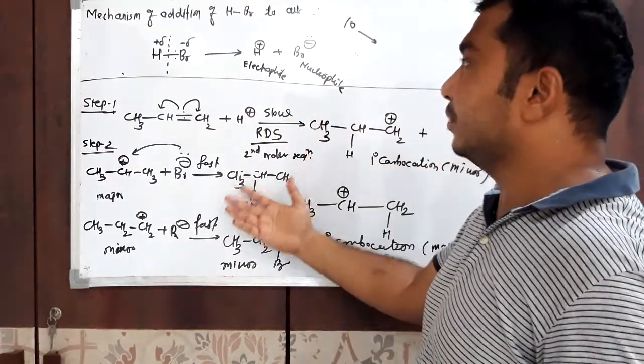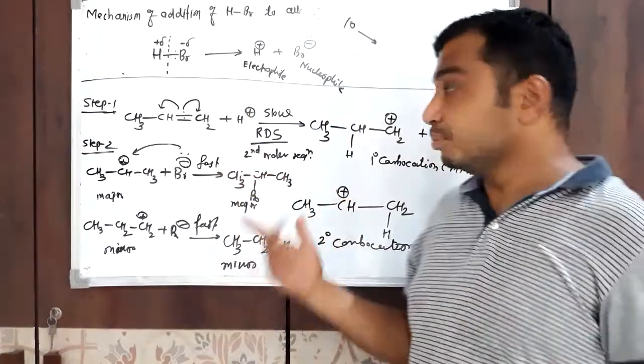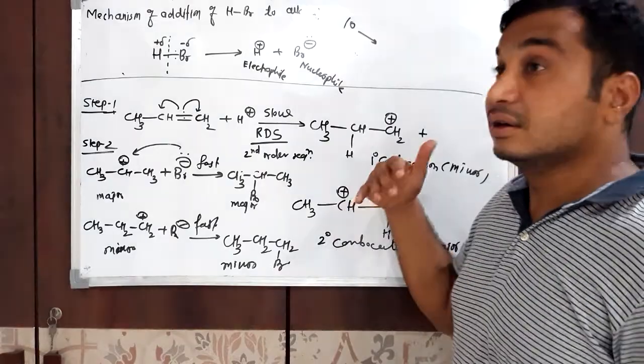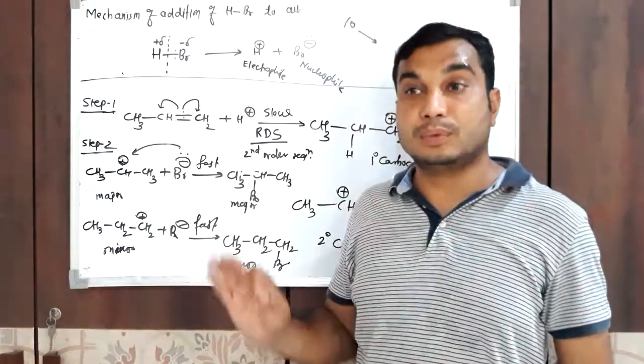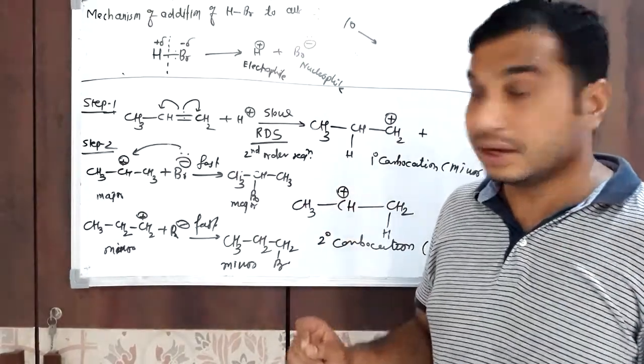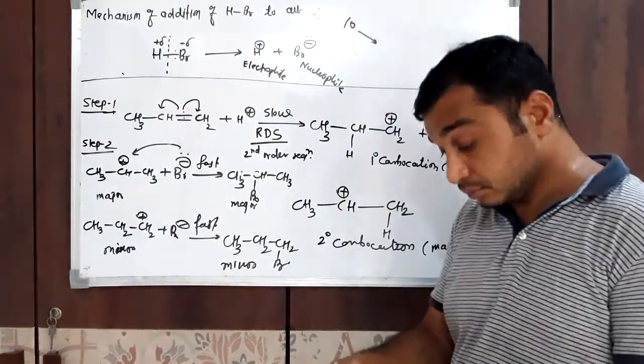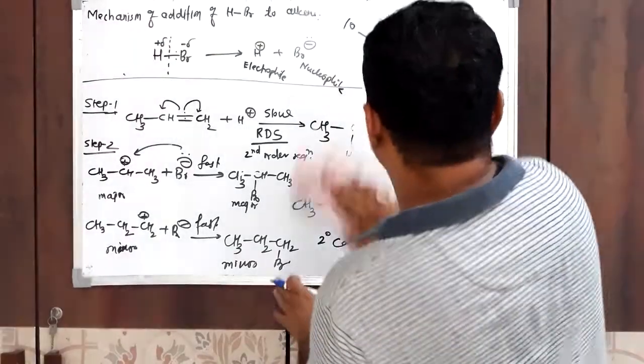So this is the simple mechanism for addition of HBr to alkene. By studying the mechanism we can prove why 2-bromopropane is major and why 1-bromopropane is minor. Okay, so this is the basis of Markovnikov's rule. Now next part,